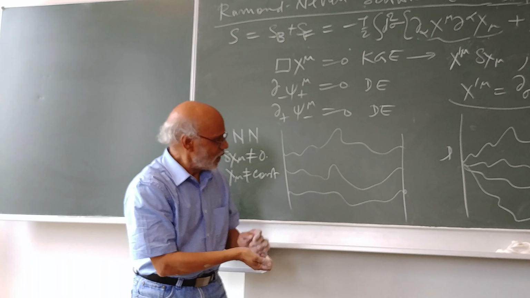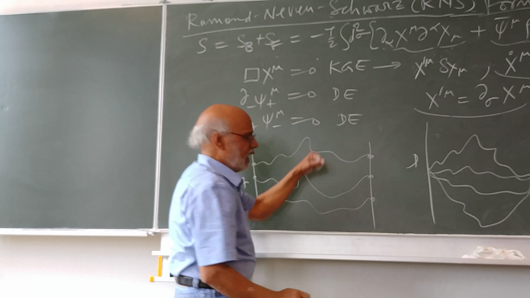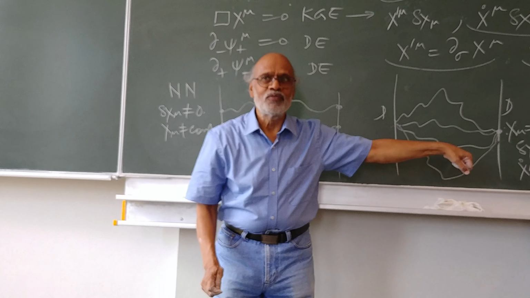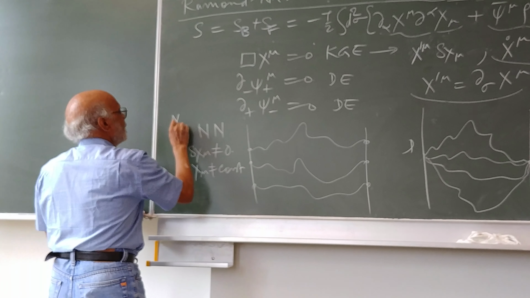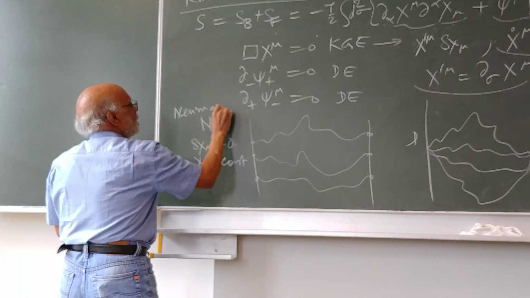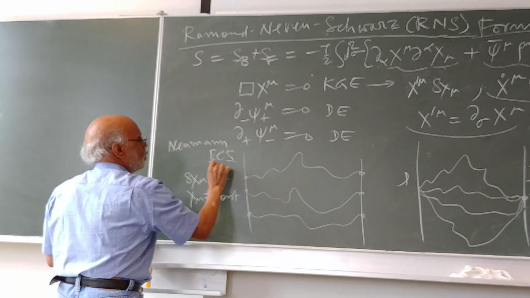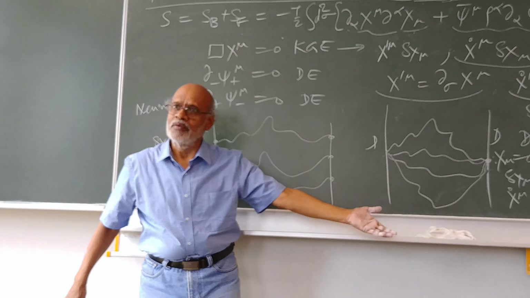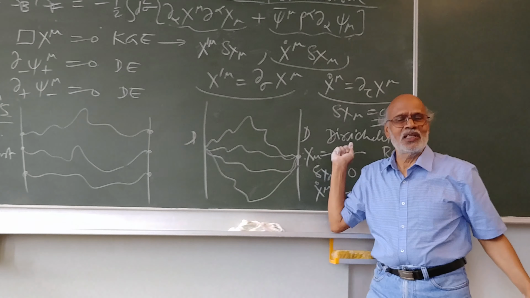So the end of the string can move around. Okay? The end of the string can move around. These are called the Neumann boundary conditions. So here, for a simple illustration, I have shown Neumann and Dirichlet boundary conditions,